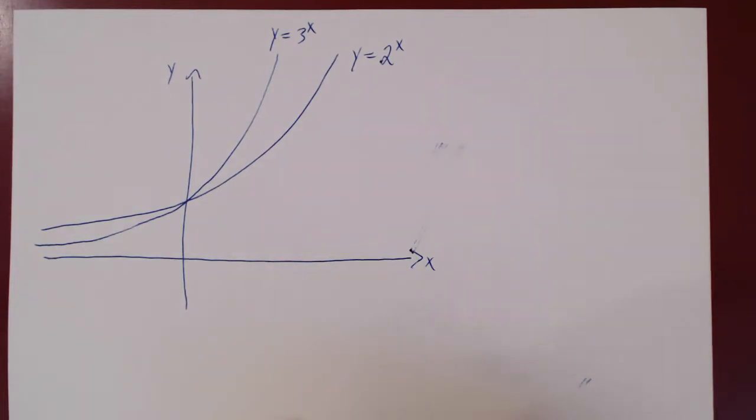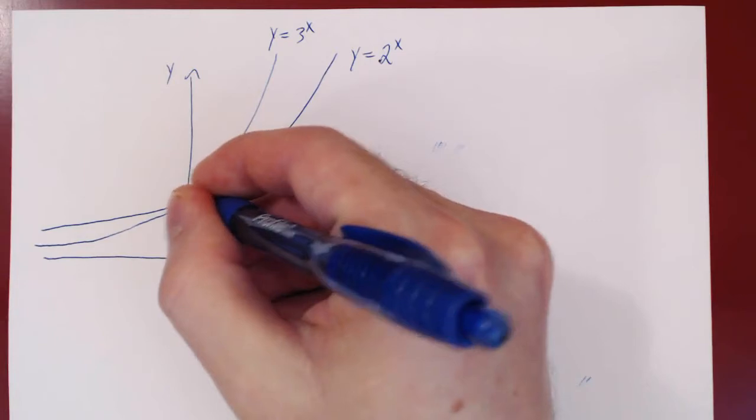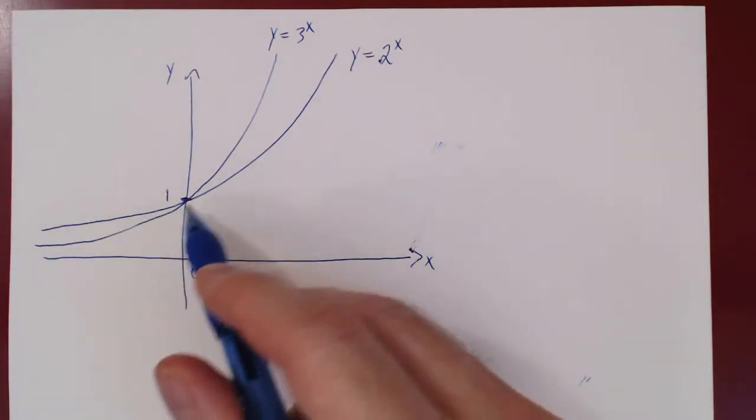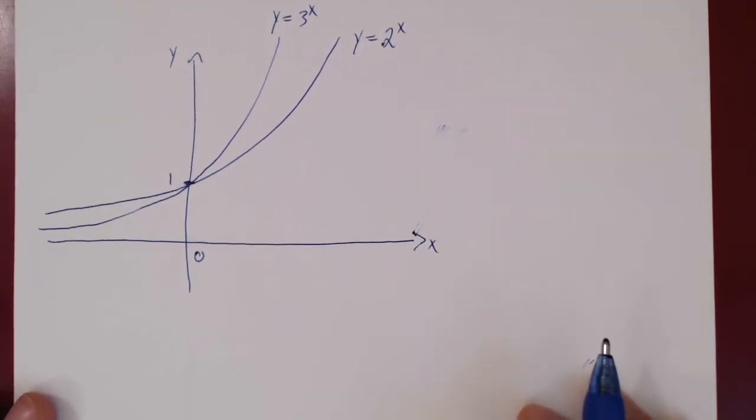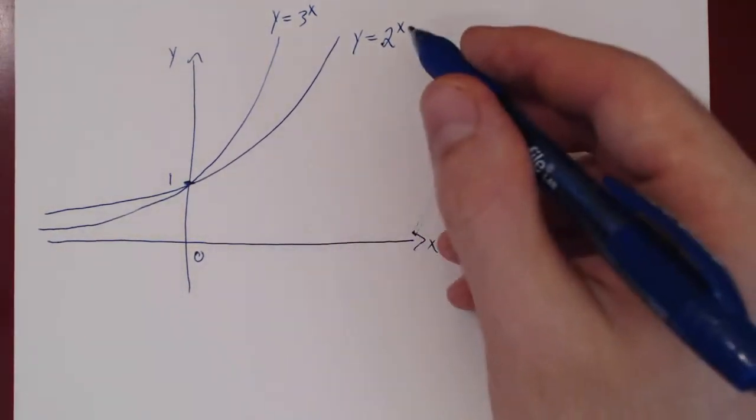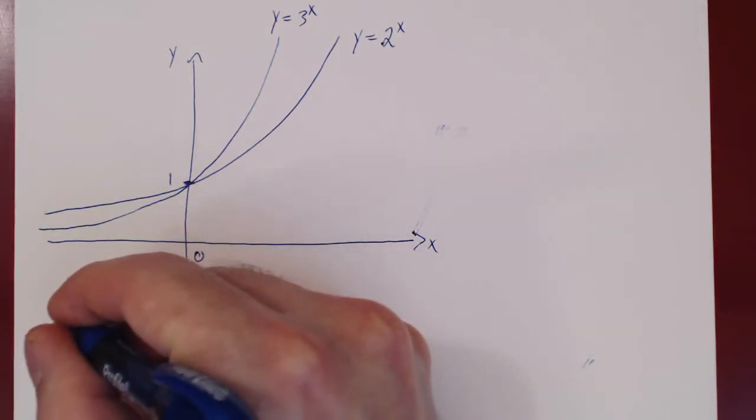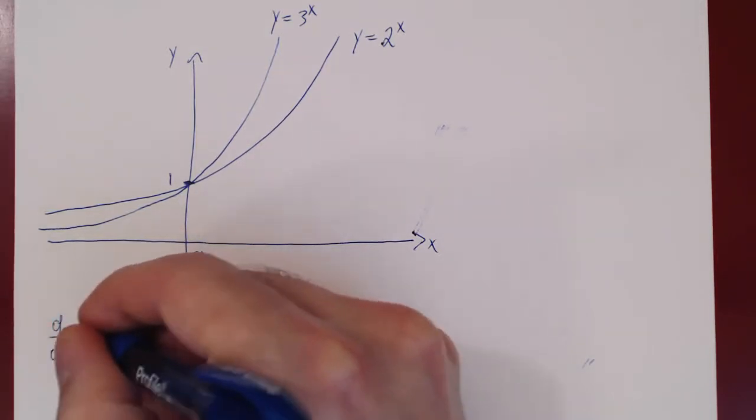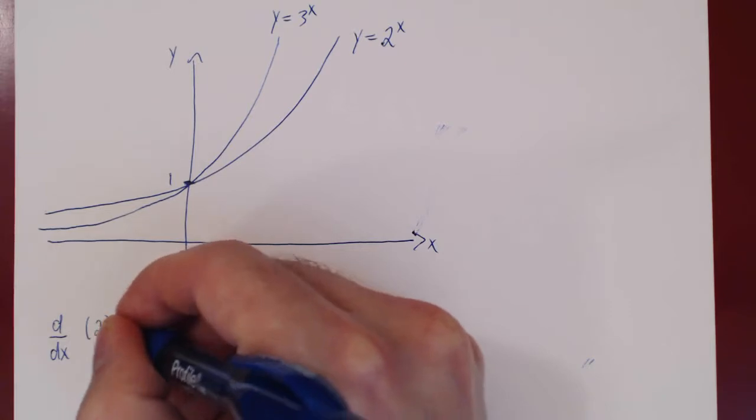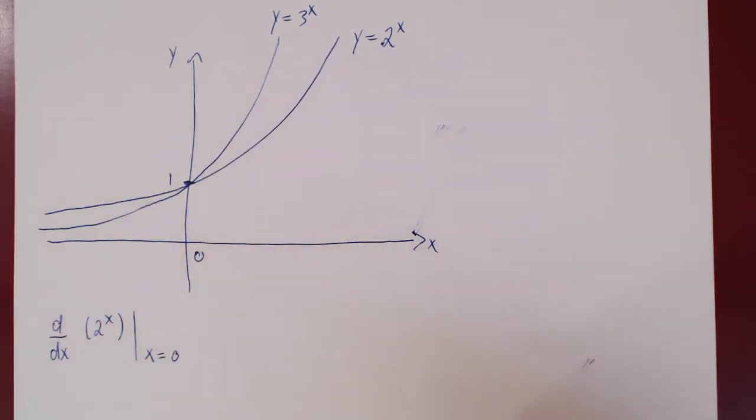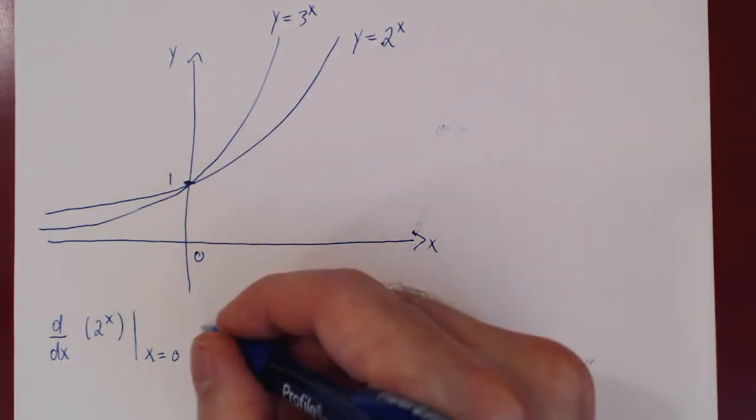Before we try and differentiate the exponential functions, we'll ask simply about the derivative when x equals 0, y equals 1. What's the slope at this point? So let's look at the derivative of 2 to the x at x equals 0. So the derivative with respect to x of 2 to the x, specifically at the point x equals 0. And here we have to go back to the definition of the derivative. So this is the limit